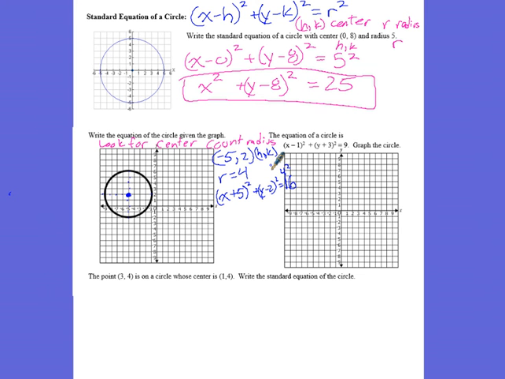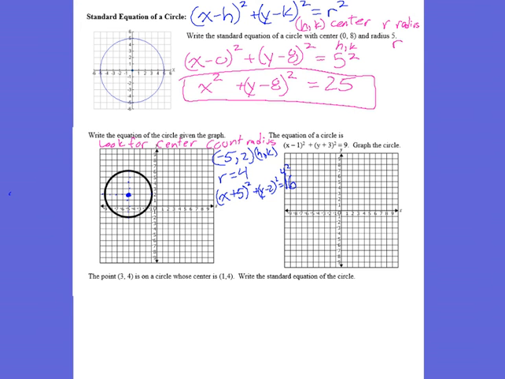One thing I want to point out to you is that the points that are given to you, when you put it into the equation, it kind of looks to be the opposite of what is actually happening. So negative 5 sort of looks like positive 5, positive 2 looks like negative 2. If you take a look up here, positive 8 looked like negative 8. So it's almost sort of the opposite of what it looks like. So the equation of the circle is (x minus 1) squared plus (y plus 3) squared equals 9,